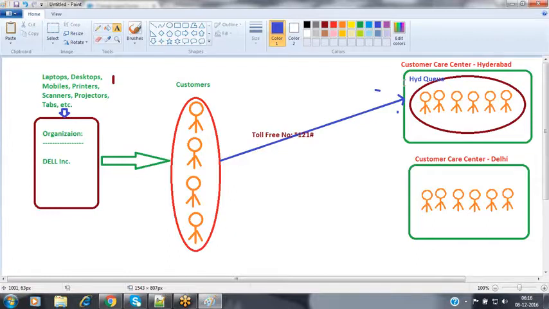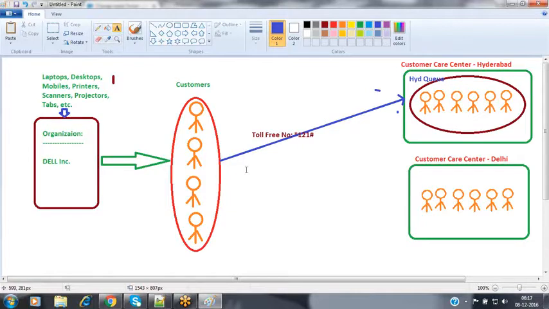A queue contains two things. One is the supporting objects, nothing but what object records can be placed inside the queue, and the second is the queue members. Whenever the customer raises a complaint, or a record is assigned, it will go to the queue automatically.